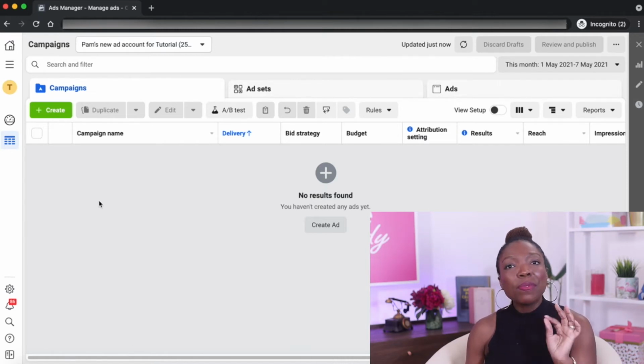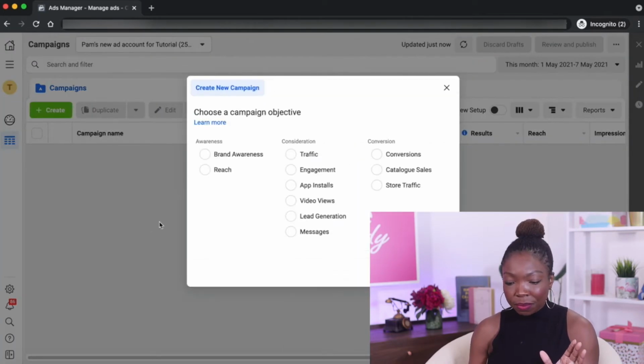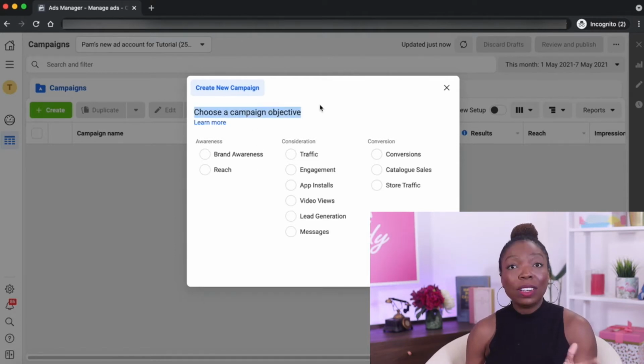Let's dive in. So the first thing you want to do when creating your campaign is you want to click on the word create in green. So I've clicked on create. Then over here, Facebook is asking me, what type of campaign would you like to create? So it's saying choose your campaign objective. Now, there are so many different objectives, but not all of them work well for Instagram. So I'm going to be showing you which one we're going to be working on, but just a quick breakdown